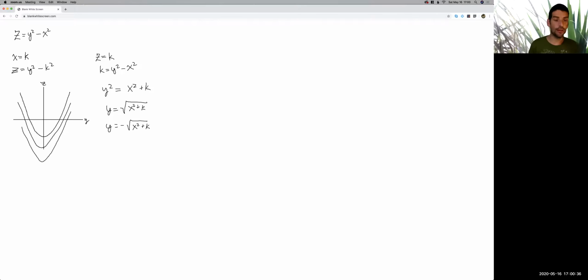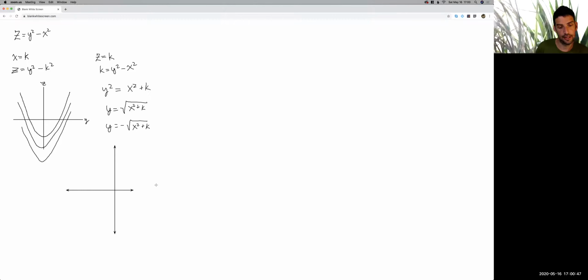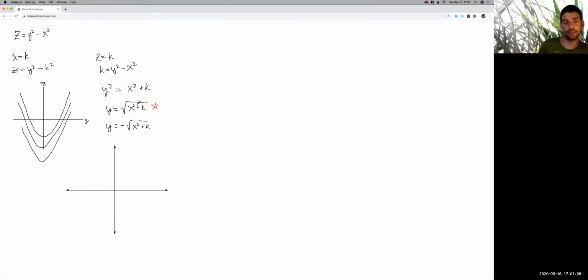Okay. Well, for the moment, let's imagine that k is positive and get an idea of what this graph is going to look like. So here's my xy coordinate system. Let's look at the top one first, the positive portion of this, right? So looking at this one first. Well, first of all, if x gets really, really large, k doesn't matter very much, right? If x is 1 billion and k is 10, you take 1 billion squared, add 10 to it, and take the square root, you basically get 1 billion back. In other words,